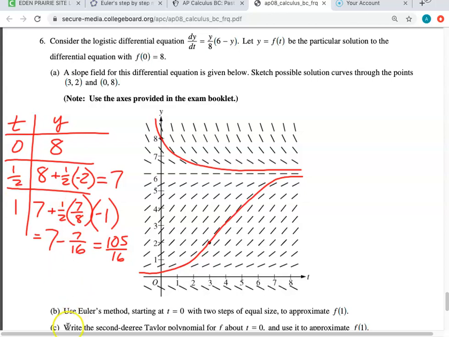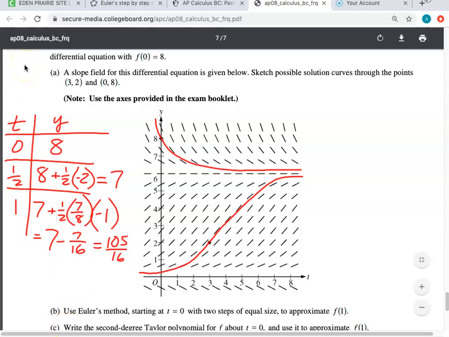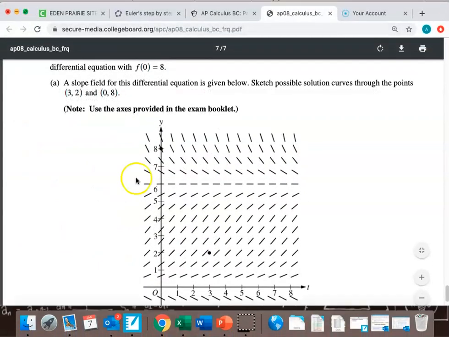Any questions about Euler? Wait, did you say we've been using a calculator? So, let me